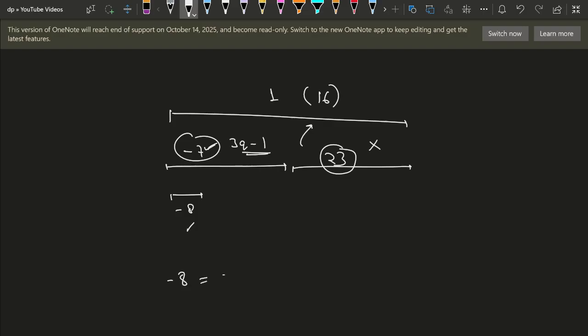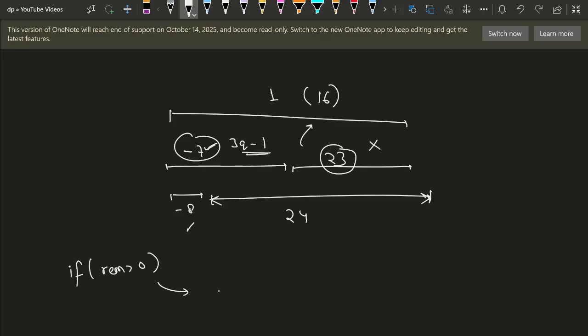Now let's see this case. Minus 8 equals minus 3 into 2, or 3 into minus 2, so minus 8 can be written as 3 into minus 2, which is minus 6 in this. So 3q minus 2 forms. If we take an example of this, 8 plus 16 is 24. So the subarray sum from this part to this part will be 24, right? If your remainder is positive, then we need to check obviously for the count of m of remainder, but you also need to take a look at numbers of form